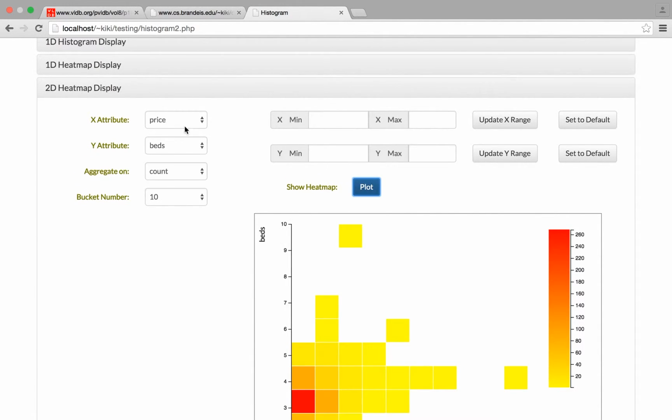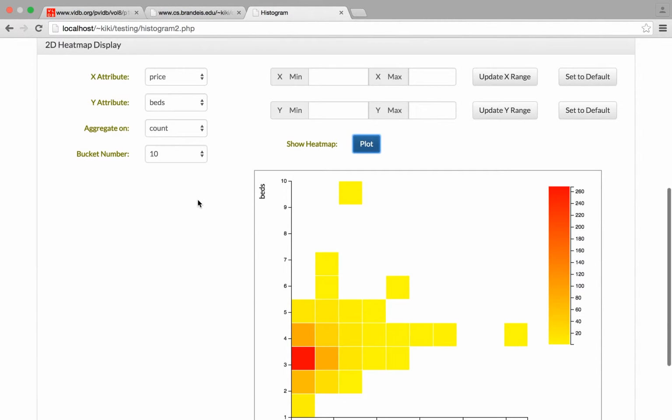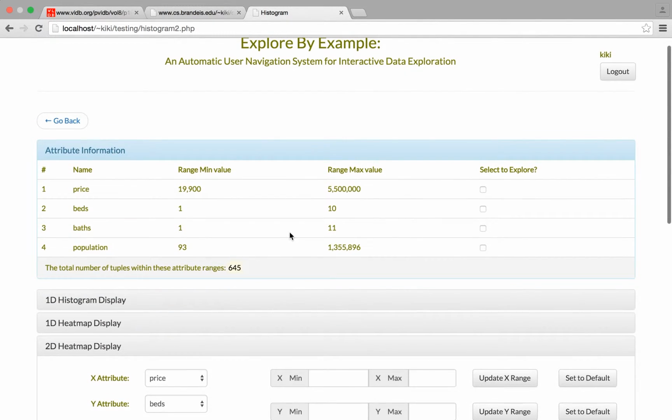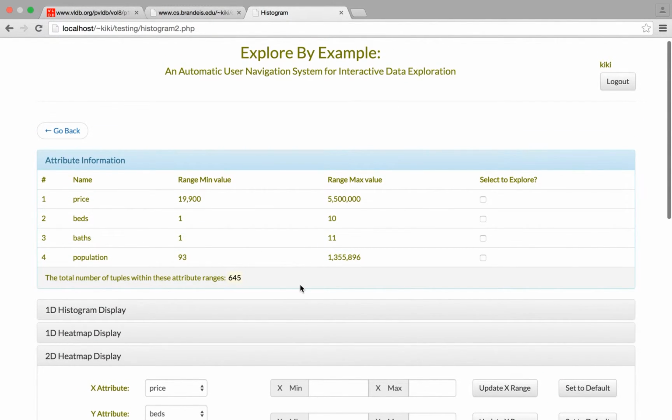We can see the price and the beds, and we aggregate on count, so we can see that most of the houses in the database have bedrooms that range from 1.8 bedrooms, so around 2 bedrooms, and their value is up to 548,000. So after looking at this page, the user can decide